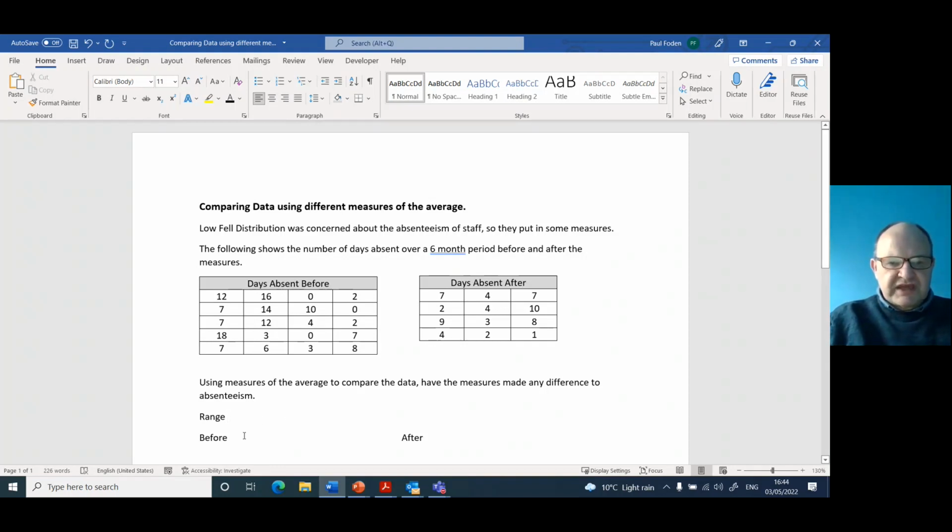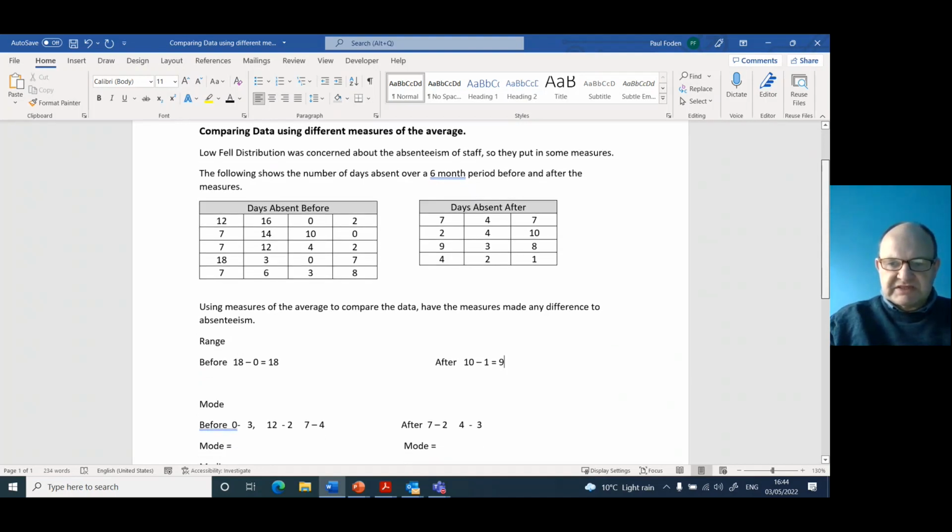the things like the range. Now before we look at the range, we look at this and we've got the highest value here, I think is 18, and the lowest is 0. So our range is 18. Afterwards, our top number is 10 and our lowest is 1. So our range has gone down from 18 to 1. If we scroll down the page a little bit further, we will also see that we've got some other things